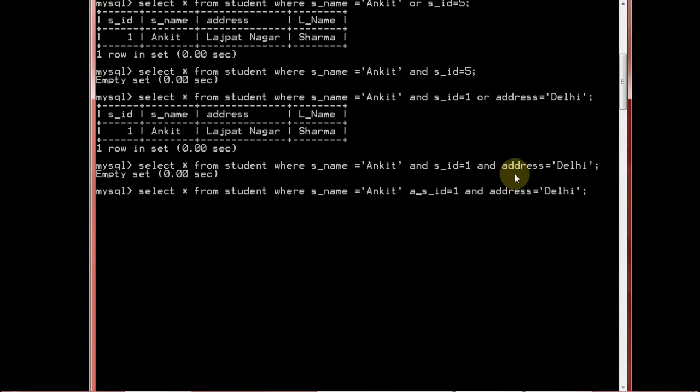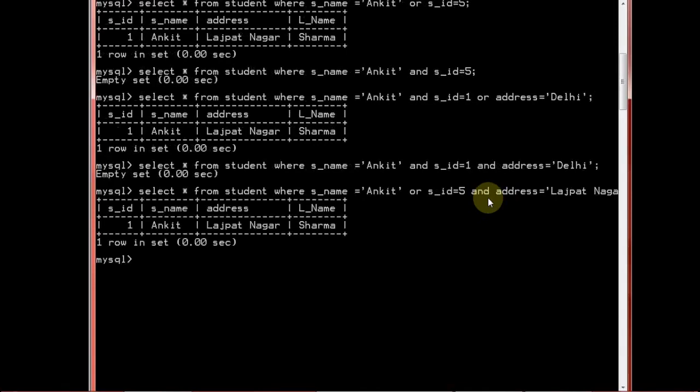Like I am going to write ID 5 with OR over here. Right now this condition will be satisfied, name Ankit is fine, but ID 5 does not exist. And address right now I am writing Lajpat Nagar. Fine. See, it is showing the record. Why?